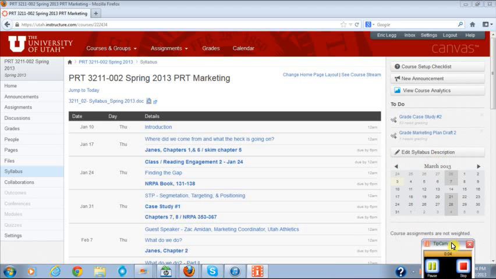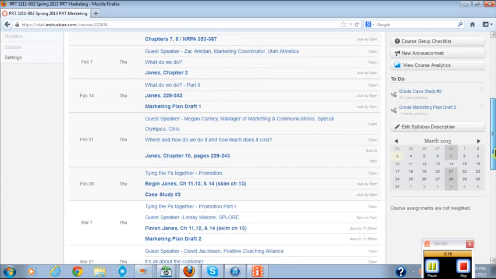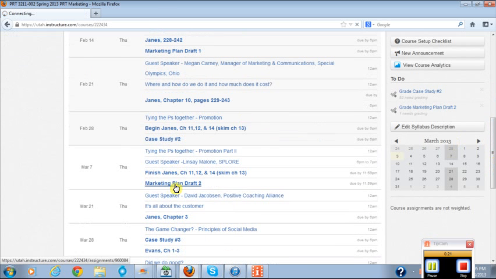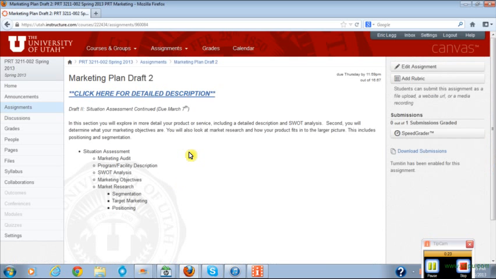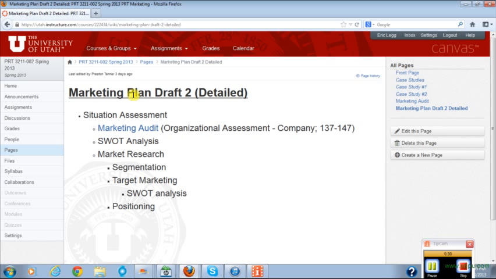As promised, I'm going to go over the expectations for your draft 2 here in a little more detail. So you will see I am on our main Canvas page. So I'm going to click on assignments. I could also go to the calendar and I could see draft 2 there. And then again, Preston has added a really nice detailed description here. So it says click here. So here is basically what you're doing for your draft 2, and it's essentially more of the situation assessment going